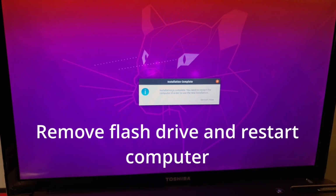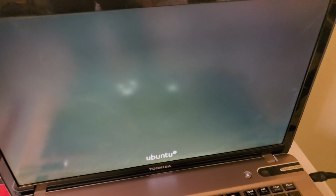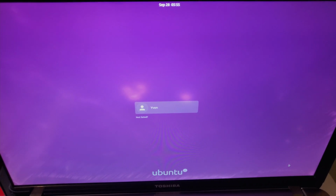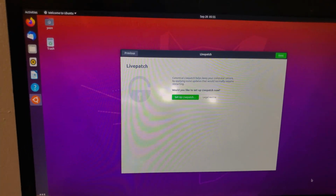Alright, so now as you can see, installation complete. We want to go ahead and restart now. Alright, so now as you can see, when you turn on the computer, you're gonna have an option to boot in Windows or Ubuntu. So that's a nice menu to have in case you like both operating systems and you want to switch between one or the other. And I think it is set to boot up into Ubuntu automatically if you do not choose in a couple of seconds. So yeah, now let's go ahead and log in, and boom, as you can see,